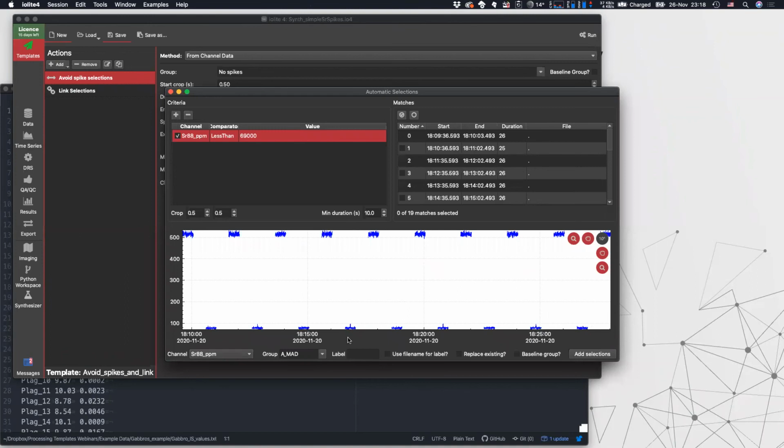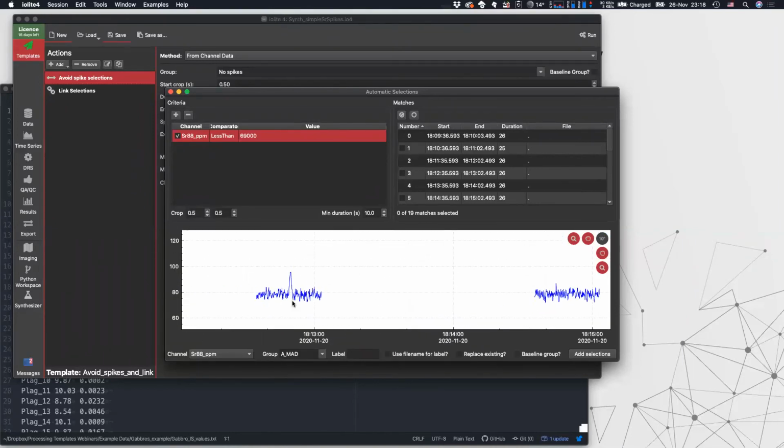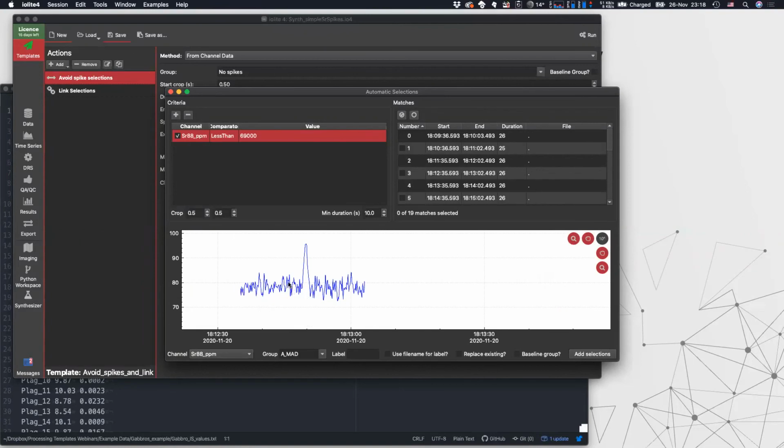So if we use criteria based on strontium-88 underscore ppm, we don't have to worry about that sensitivity drift anymore. If we zoom in on one of these spikes again, where I said anything less than about 83, and we're talking in parts per million now,